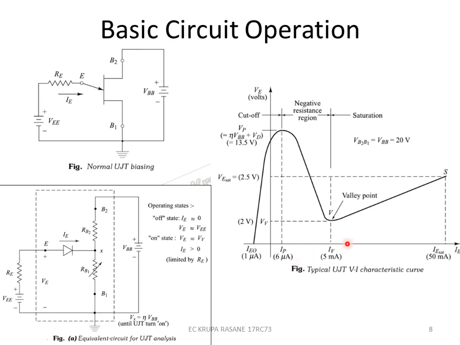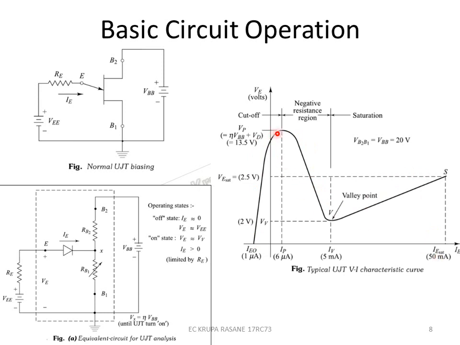After that, if I further increase VEE, the emitter voltage, this voltage is made greater than this. After that, you will see that there will not be a further drop in voltage, but the voltage will increase along with the current. Because how long can the charges go on accumulating here? At some point, the saturation value is reached. It cannot go on reducing the resistance after this point. After this point, as more charges accumulate, this value is fixed, and because of that, voltage will increase and also current will increase. So this is basically the UJT characteristics curve.